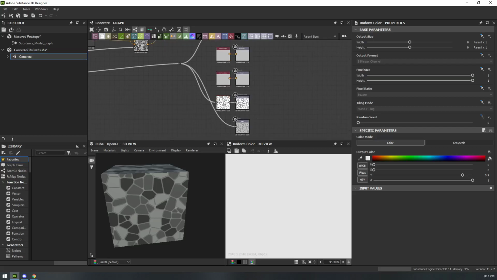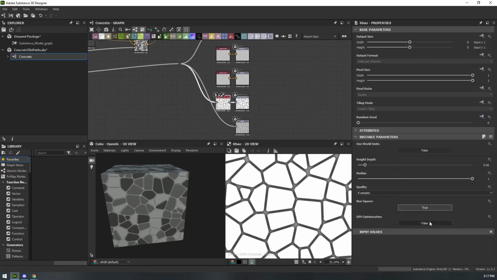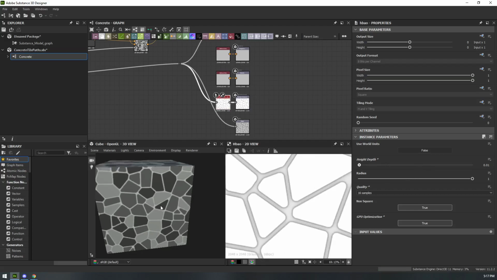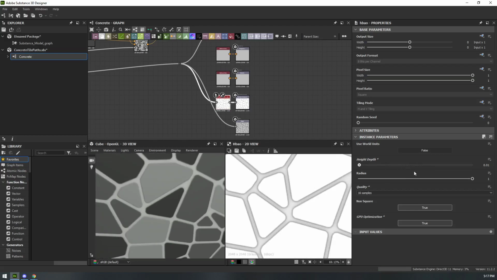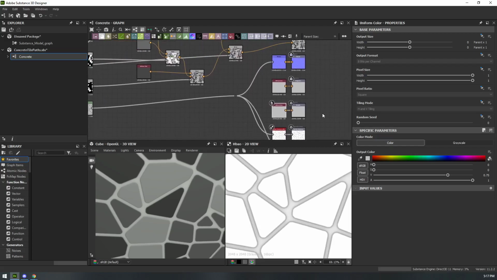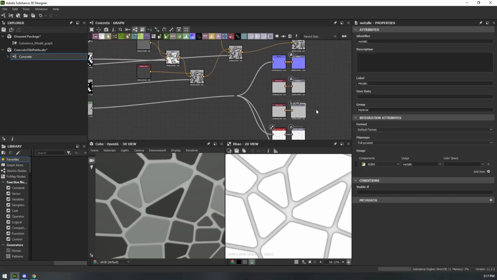And we can also expose other things, like, for example, GPU optimization should of course be true. Yeah. So this is attempting to do ambient occlusion on the cracks. It's honestly got the height way wrong. That's much more realistic. And what we can say is we can be like, yeah, height depth, ambient occlusion depth, and roughness and stuff. We can expose these. The thing is, we don't actually care that much about